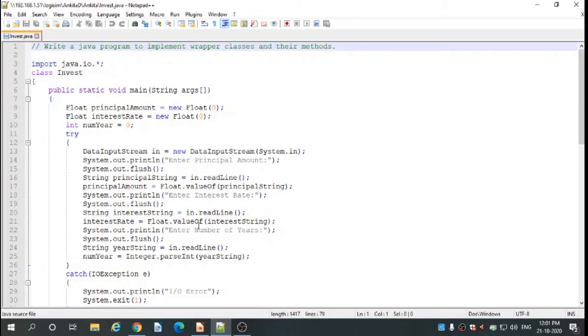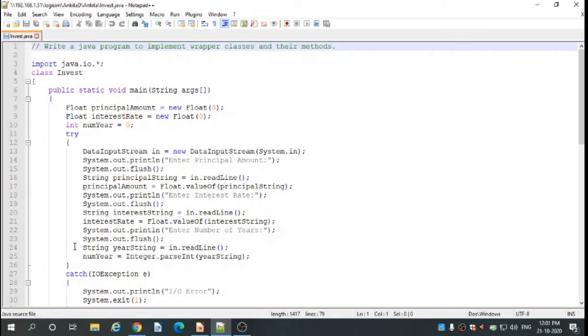Then we are converting the interestString value into the object value, that is the interestRate value. Then System.out.println enter number of years. You have to pass the number of years. System.out.flush will clean the already existing data and it is reading the year number.